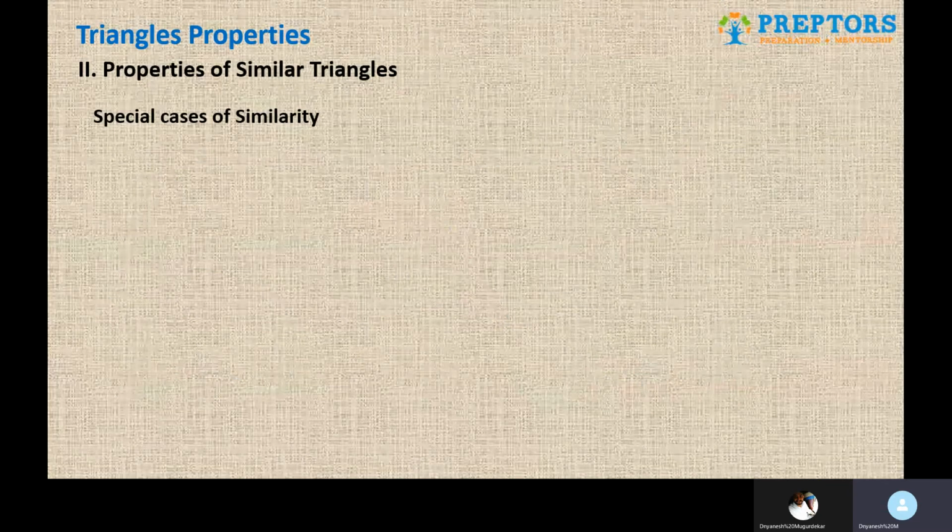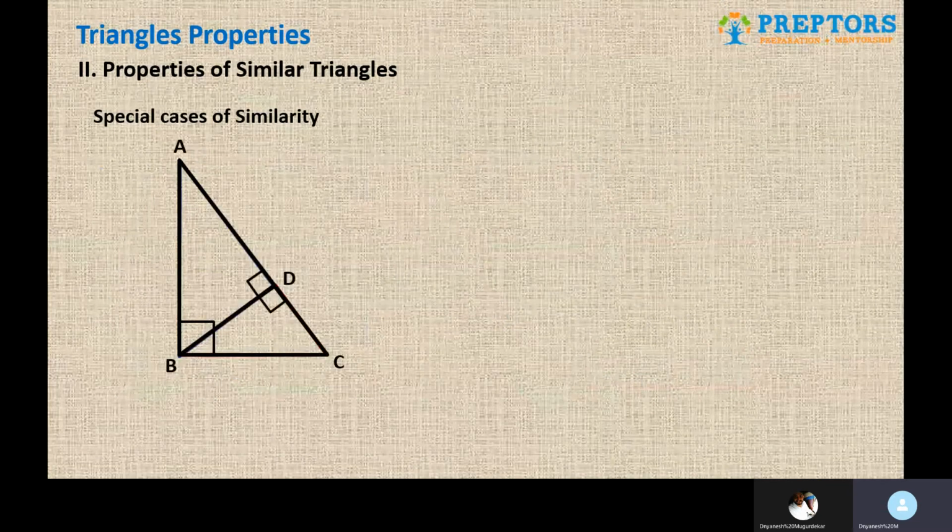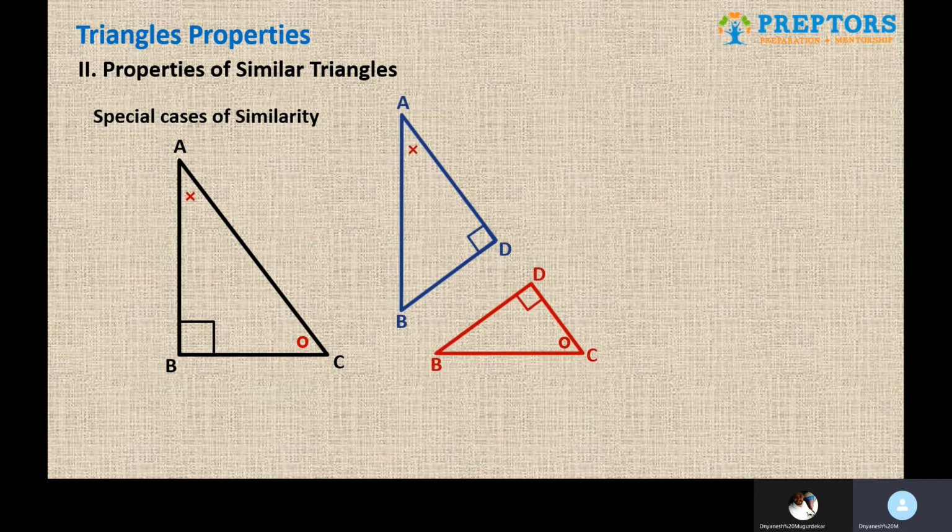The third case, in which we have to prove three triangles similar. So let's first consider the original triangle ABC. B is 90 degrees. So you know that the other two, that is A and C, which are cross and O, have to be adding up to 90 degrees. And when we separate that out, again the same funda can be applied here as well, that one of them is 90 degrees, which is D in both the smaller triangles, the blue and the red one. Obviously the other two should add up to 90 degrees, and we already know cross plus O is 90. So in the blue one it is cross, so the other one becomes O, and in the red one C is O, so B becomes cross.